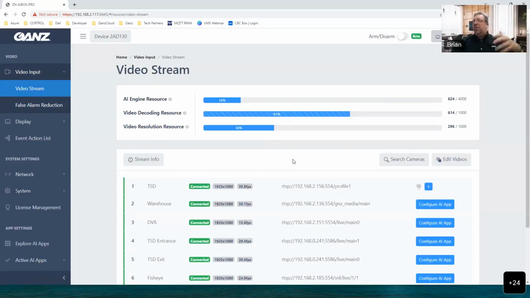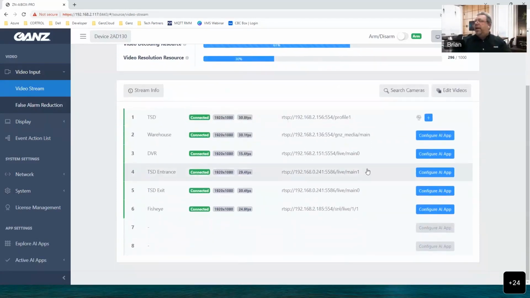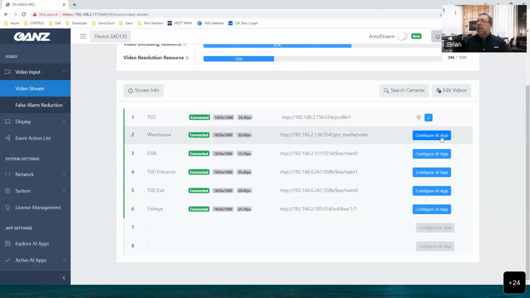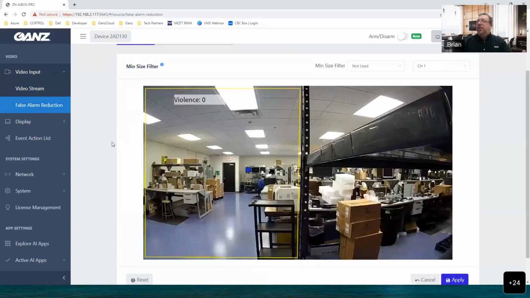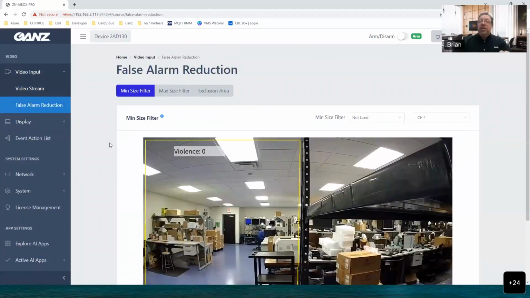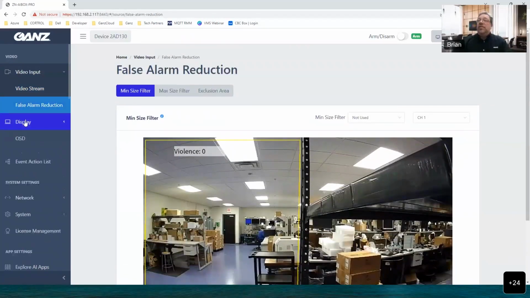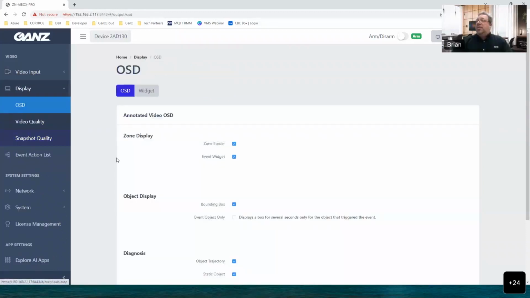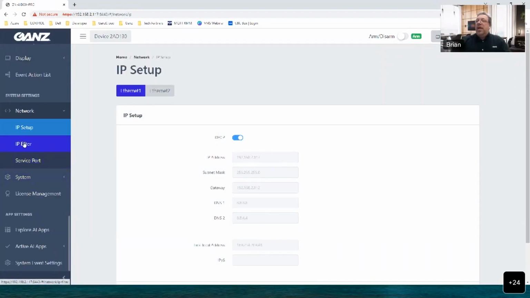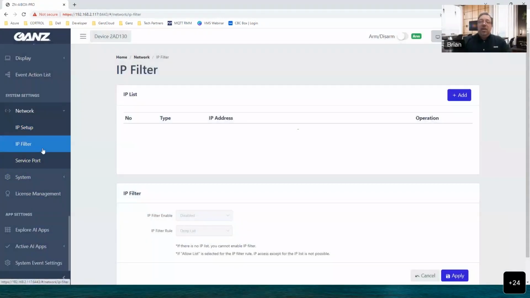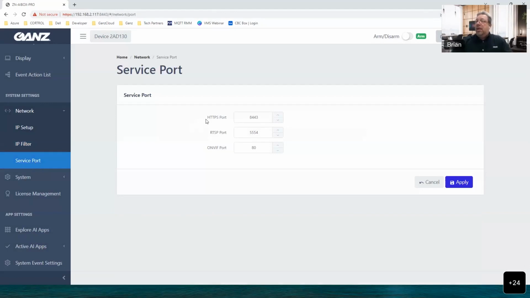I'm just going to click through some windows so you can see we've added cameras. We can tie in our AI applications. We have an option to fine tune things. So again, there's multiple ways to reduce false alarms with this device. You have display options, network side of things. As mentioned, we have an IP filter. So now you can basically say, all right, these addresses are good and these addresses we ignore. Service ports are programmable, HTTPS, RTSP,